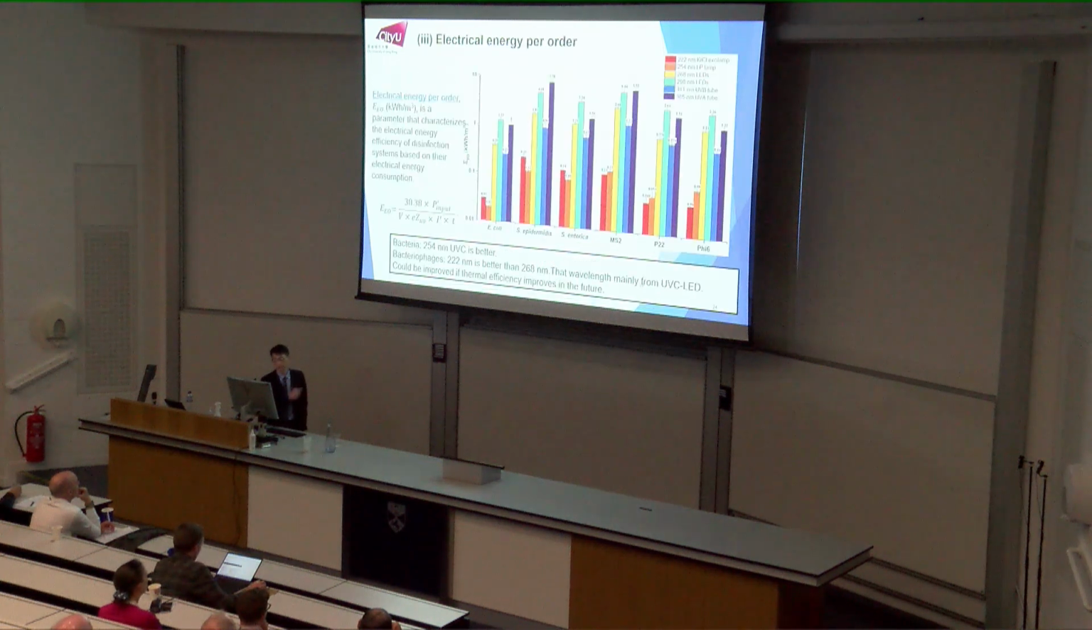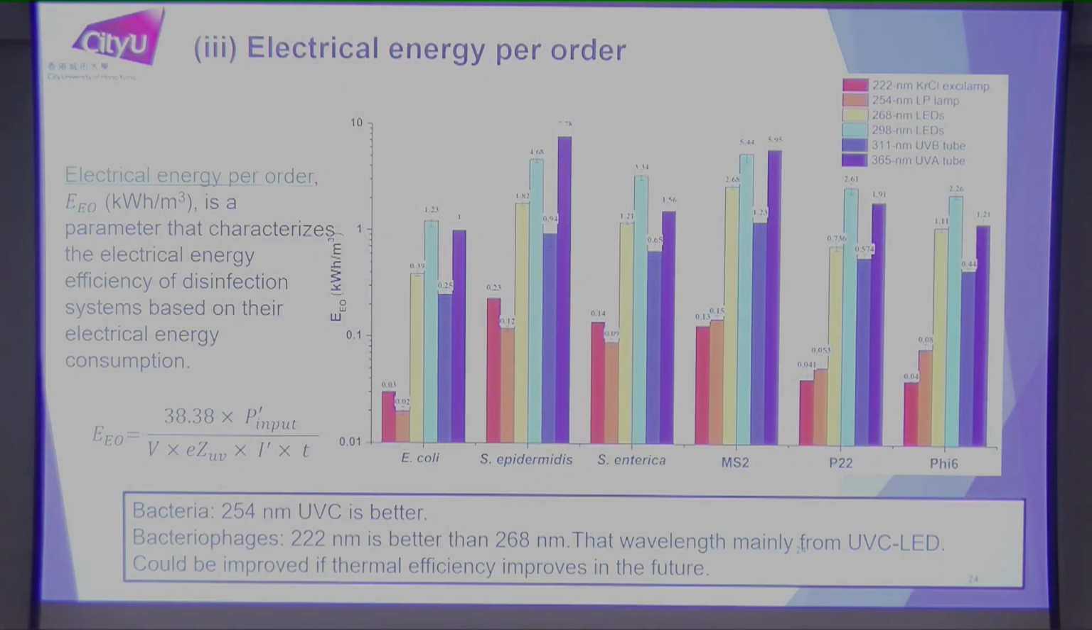Okay? And then here is the electrical energy per order. As I mentioned, this is important for the practical value. It means how much energy you use for one log reduction. Now, the good news is 254 is slightly better than 222, but 222 in fact is not bad. You can see here, 222 is always second. Okay? The reason is the